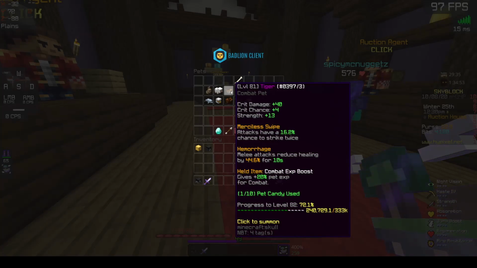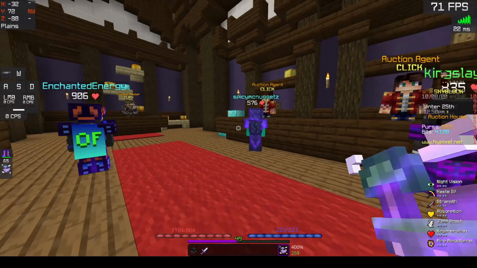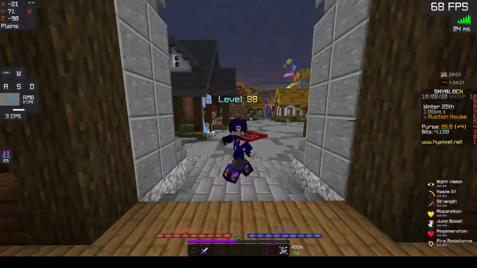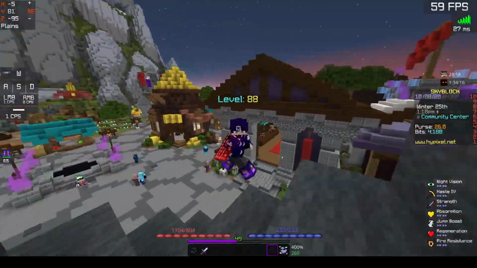And then, it also has an ability at uncommon, an ability at common, and an ability at legendary that are good for doing damage. You have Merciless Swipe, which gives attacks a % chance to strike twice, and you have the legendary ability, which makes it so you do more damage to enemies if there's no other enemies nearby. And this pet is probably the best pet in terms of its worth. Of course, the